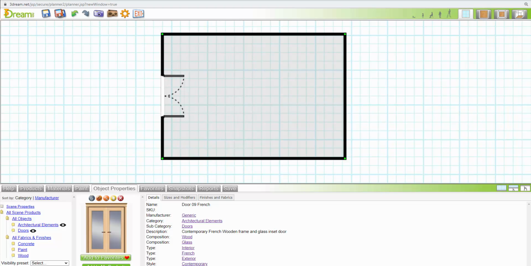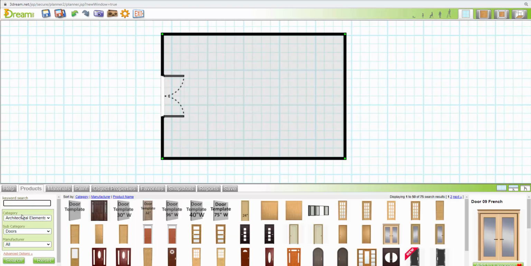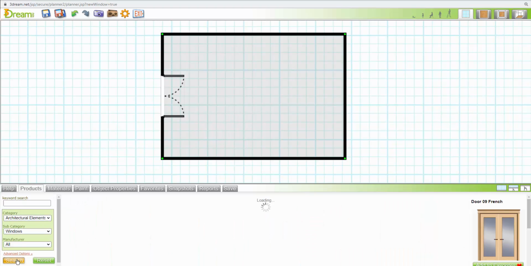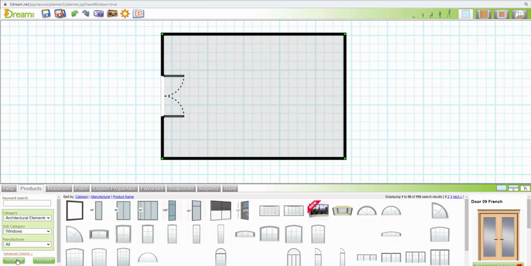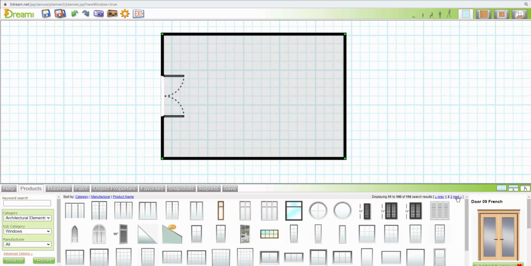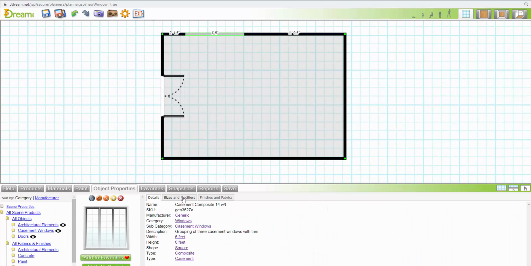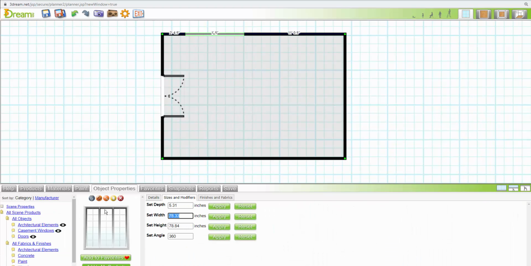Next we'll add our windows, and we'll have Architectural Elements already up. We'll just change our subcategory to Windows and hit Enter or Search. And again, select the closest that your client has in their home, and you adjust it accordingly. As you can see, we have multiple pages of window results, so just click and find the one you want. Drag the selected item in, place it over a wall, it'll snap in place, and then the idea is to resize it again to whatever is required. So each change, hit the Apply button,